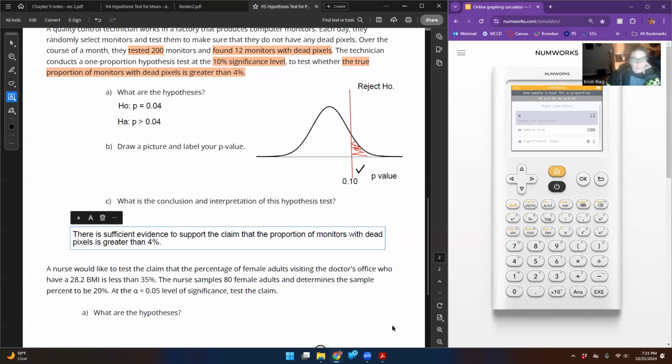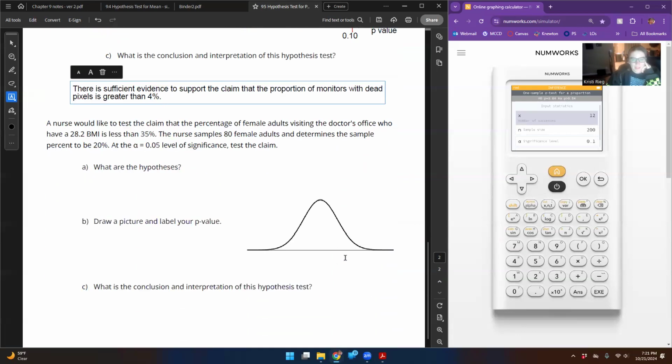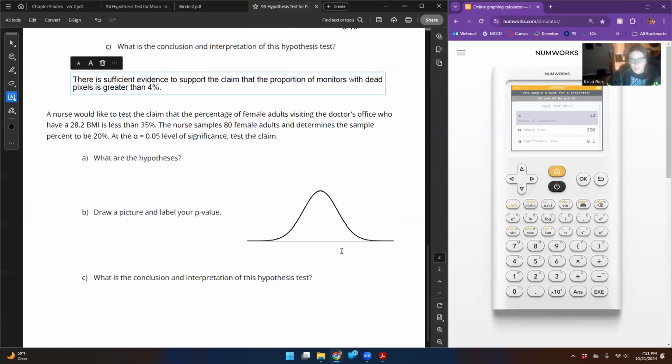Okay, perfect. So then let's look at this last example. And this is good because we came across this above, but we didn't really talk about it too much because we weren't actually putting anything into our calculator. So I want to show you what happens when they don't give you X and P hat. Okay, so we have